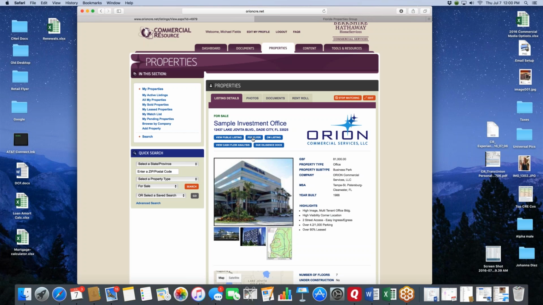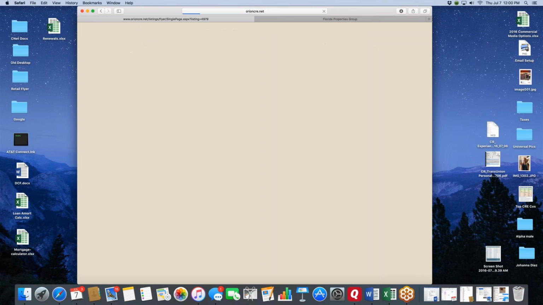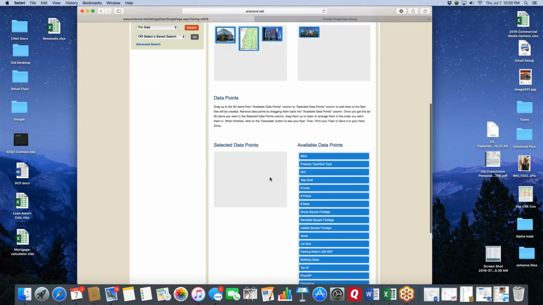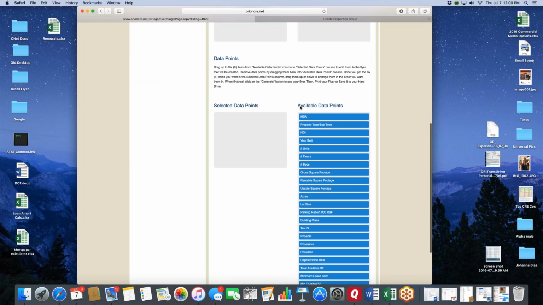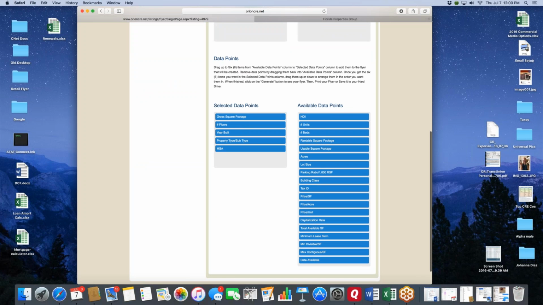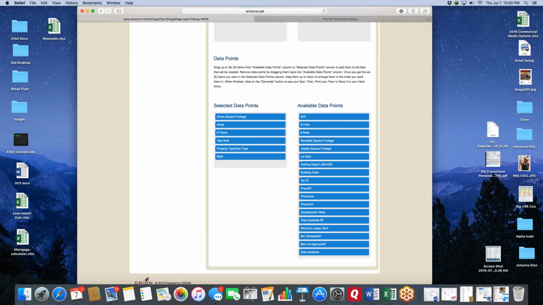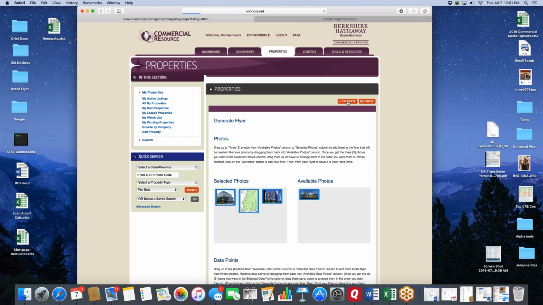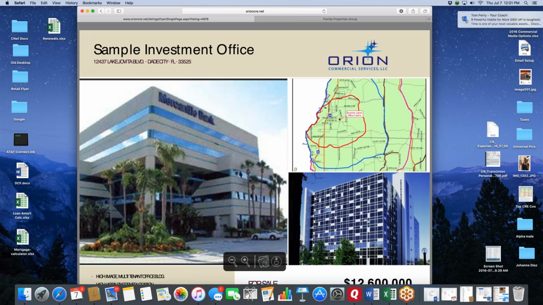One of them is you can create a flyer. So if you're a Tier 2 subscriber, click PDF flyer. There's instructions here, but basically it says drag up to 3 pictures. So I'm going to drag these 3. Then I might say, well, wait a minute, I want that one to be first, or that one to be third, or whatever. And then there are a bunch of data points you can select. It says up to 6. So I'm just going to drag data fields here indiscriminately. There's 6, and let's say that I want to put that field first and that field second, get them the way you want them. Then you just click generate, and then in very short order, maybe 5 seconds, it's generated